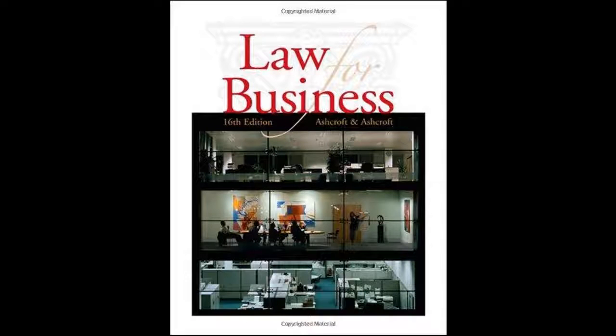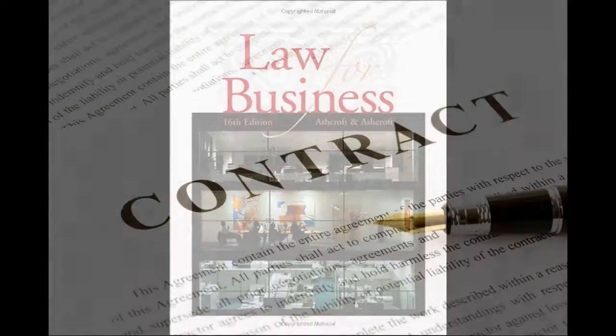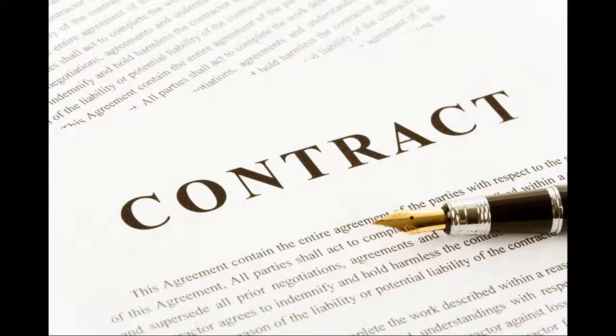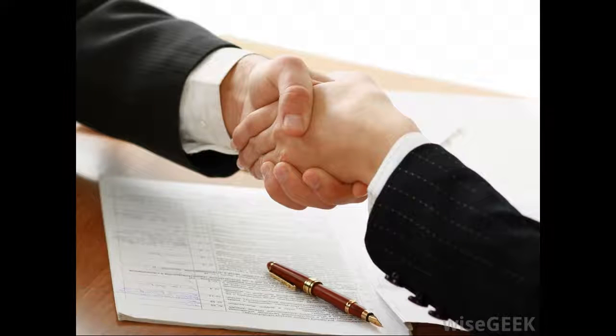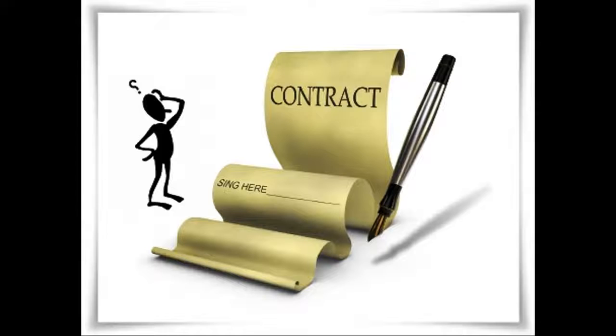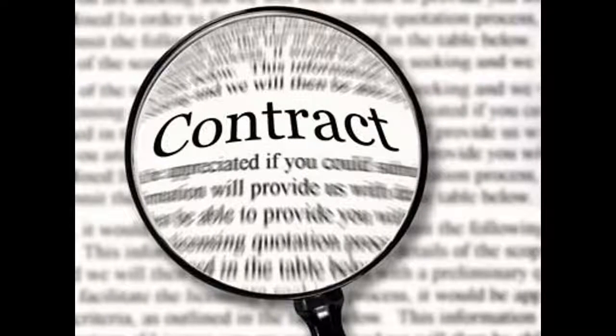We're going to begin today by starting Chapter 5 in the Laws of Business. We will be discussing the nature and the classes of a contract. So what exactly is a contract? A contract can be a legally enforceable agreement between two or more people. In this video, we will be talking about what exactly makes a contract valid. We will also talk about what types of contracts can be made and what are the different ways that they can be applied.